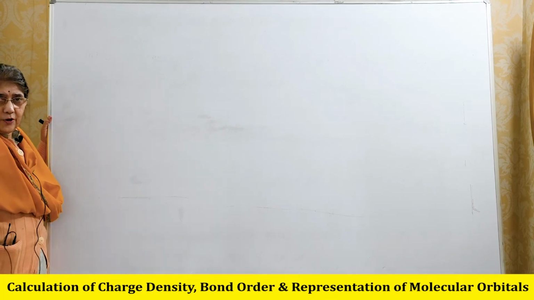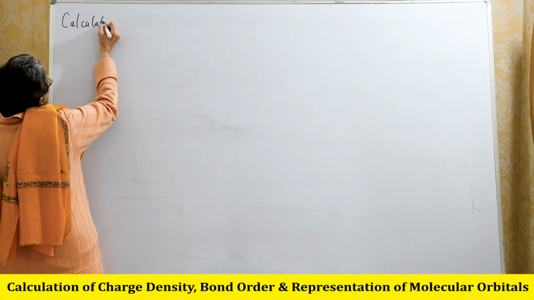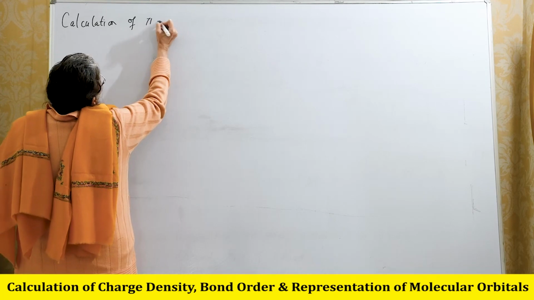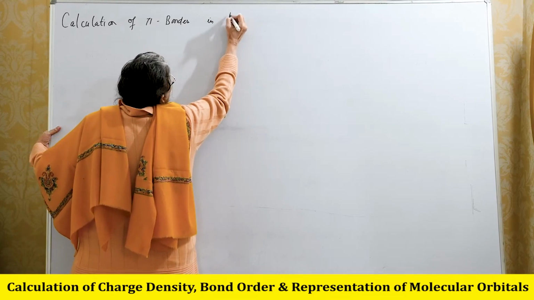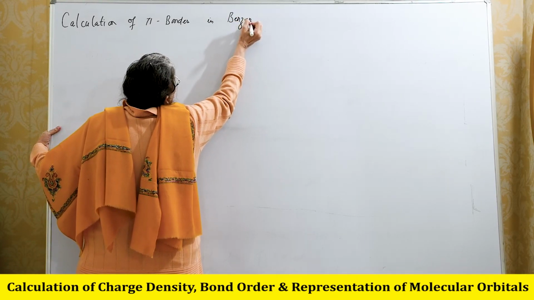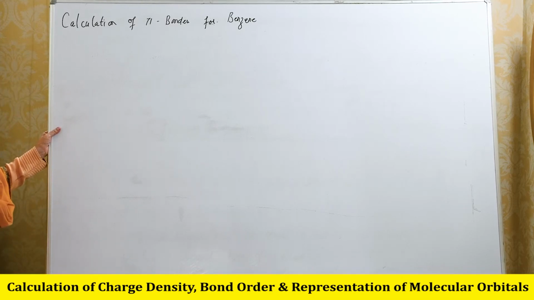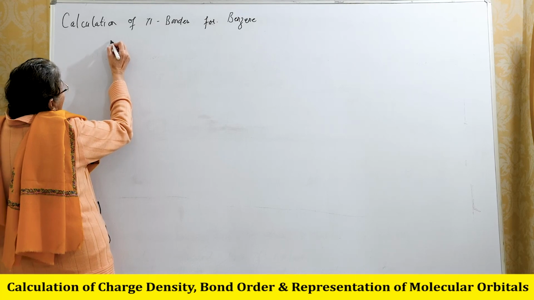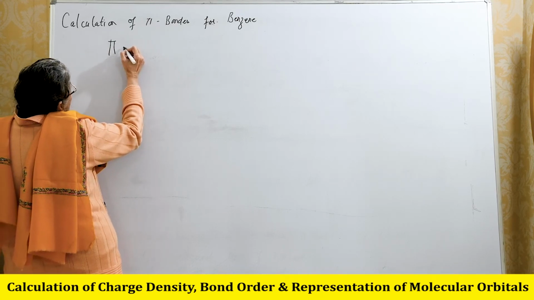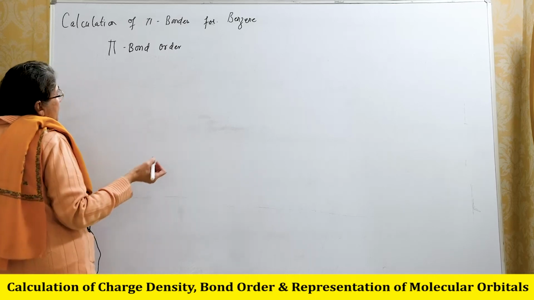Now we calculate pi bond order. So we write the heading: calculation of pi bond order in benzene. As you have gone through earlier, for calculating pi bond order, the pi bond order P_RS is defined as